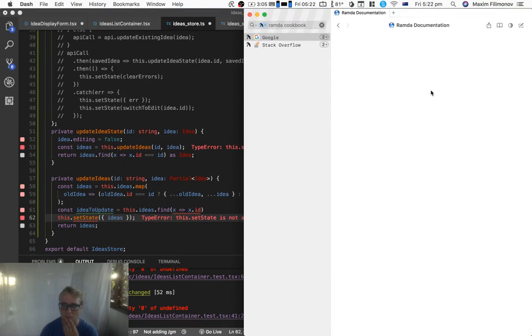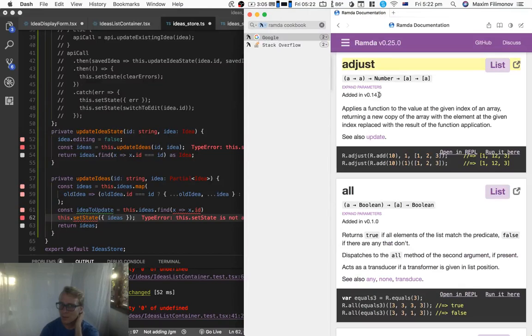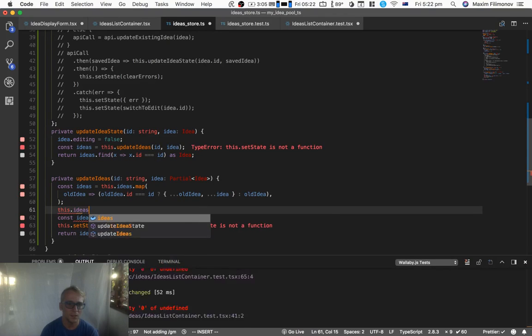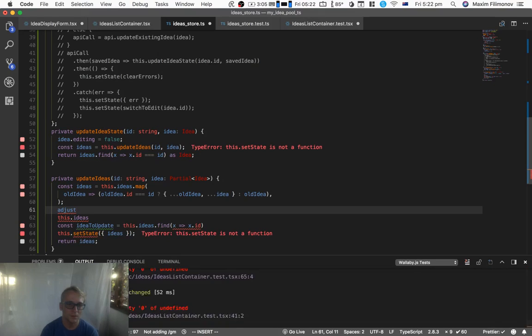What is that? Applies function to the value of the given index by returning a new copy. I mean, I can probably find it like this, but so the second argument is the index, so I should be able to do something like this ideas dot adjust, adjust,